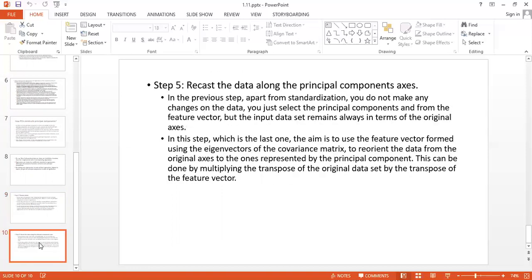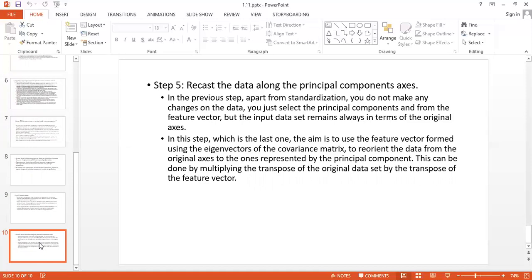Then the last step, step 5, is to recast the data along the principal components axes. In the previous steps, apart from the standardization, you do not make any changes to the data. You just select the principal components and form the feature vector, but the input data set always remains in terms of the original axes.